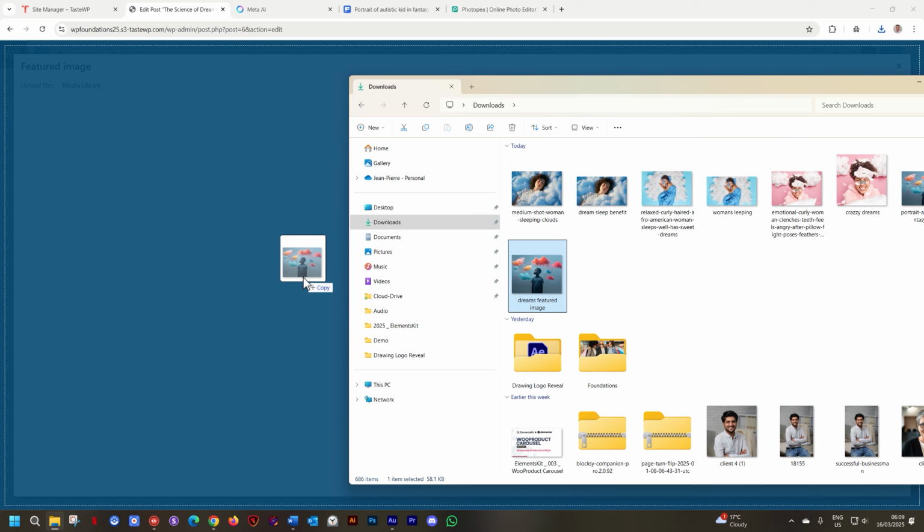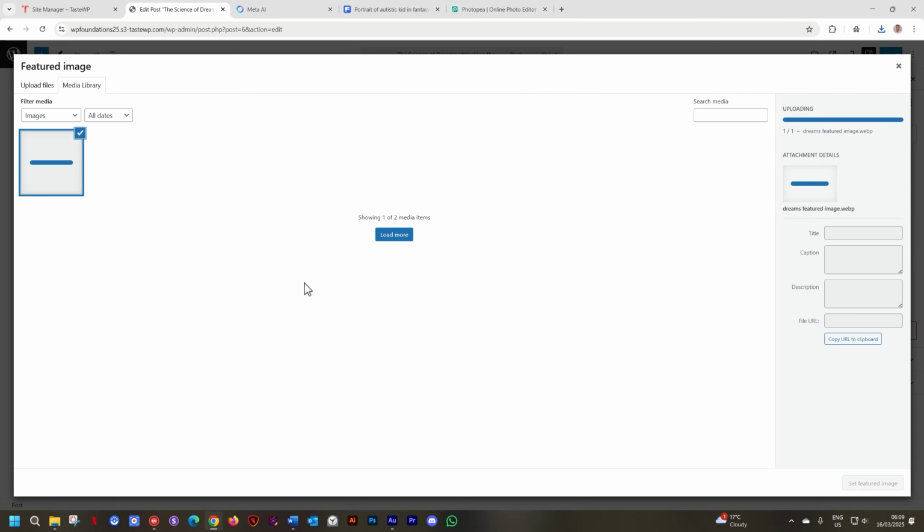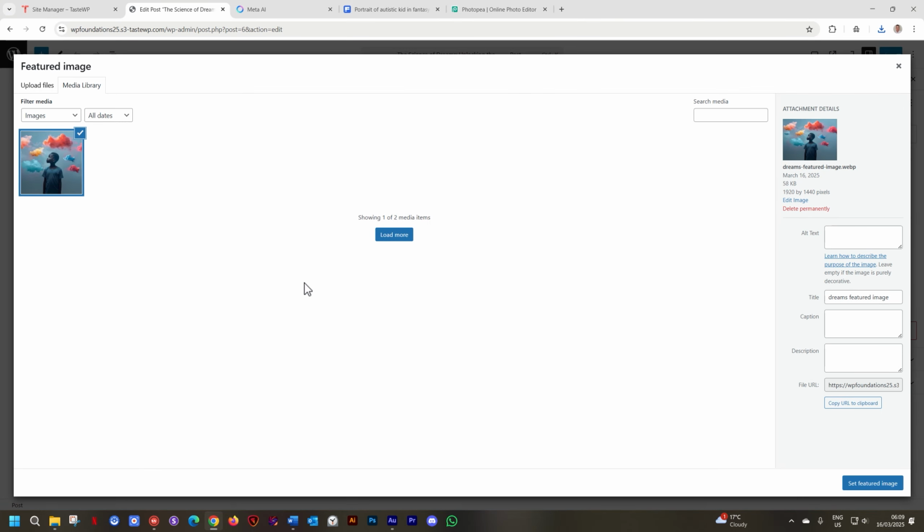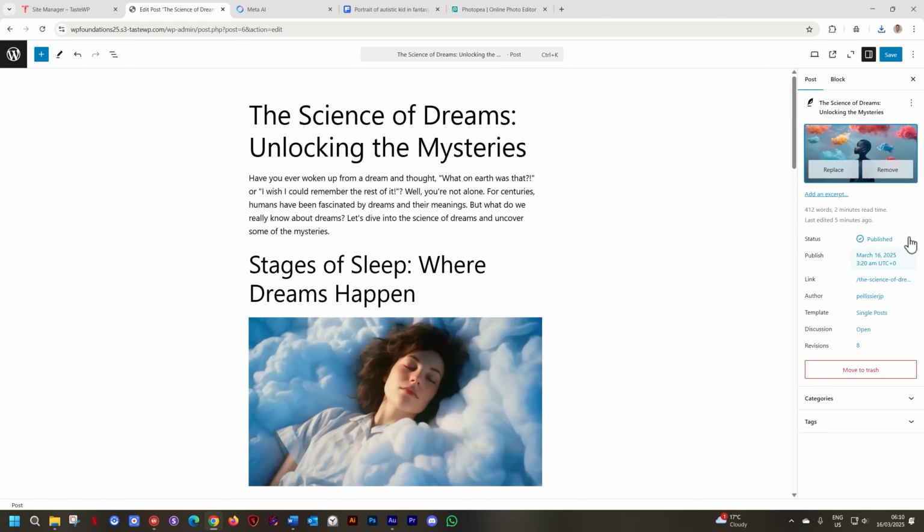And why I love this drop feature so much is 10 years ago, we didn't have this drop feature. This is kind of brand new. And it's just so awesome that you can just grab these images and drag them into the media library. And now that we have them here, you go to the bottom right and click on Set Featured Image. And now the image will appear here in the settings.